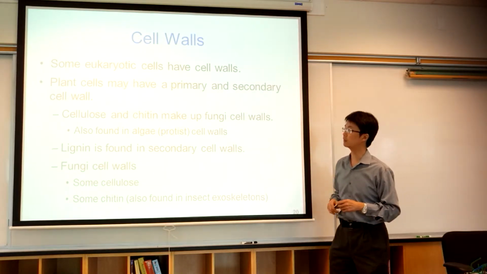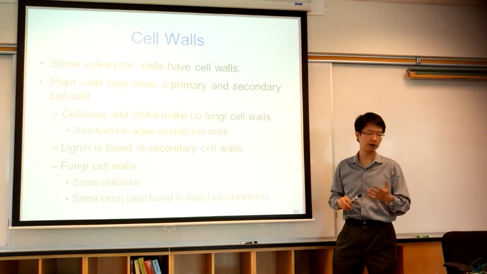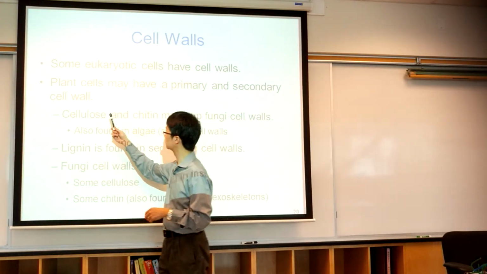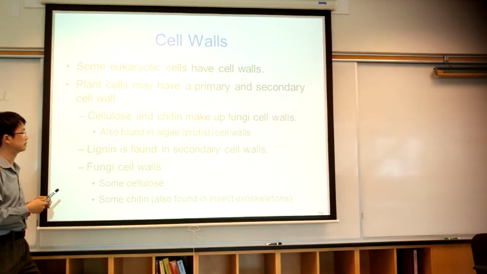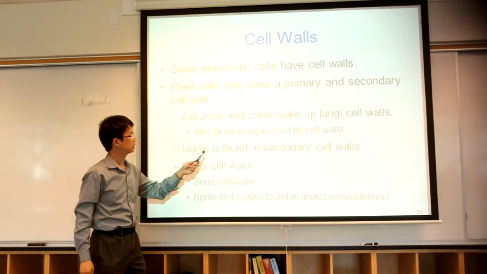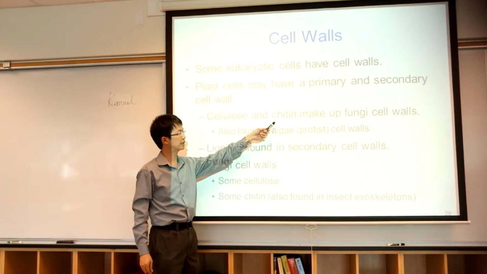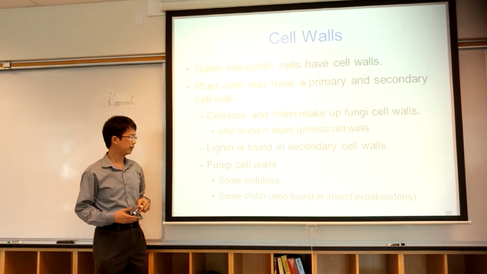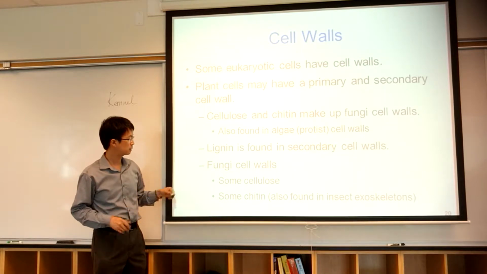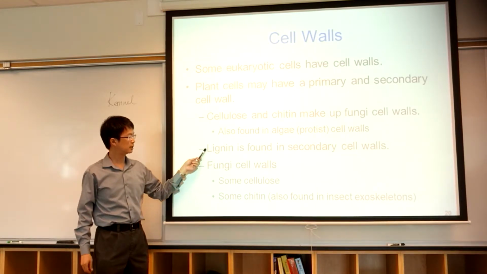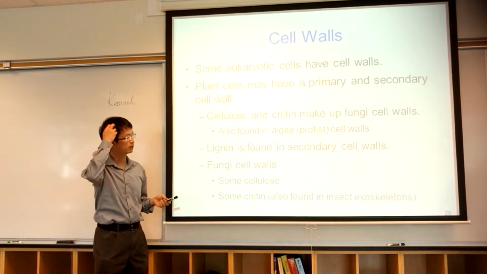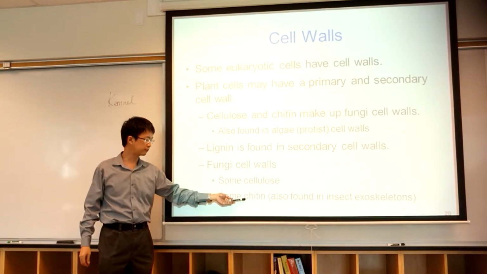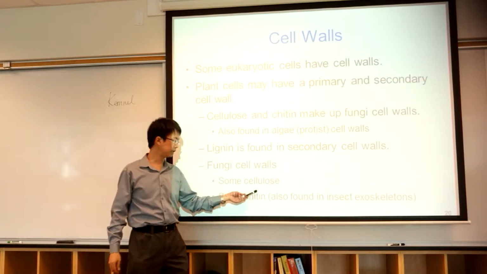Some eukaryotic cells have a cell wall. For example, plants have a cell wall. The cell wall of the plant is made of cellulose, like the leaves. For the fungi, they use cellulose and chitin. Lignin is another substance that makes up the cell wall. So for fungi, you have chitin, and chitin is also